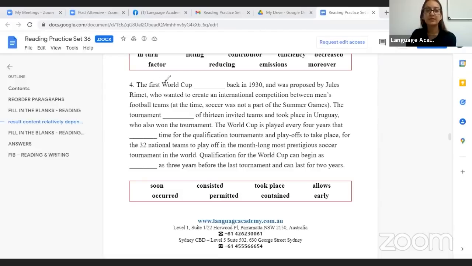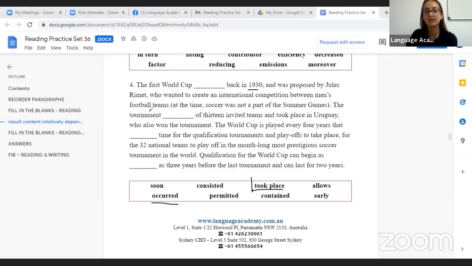Okay, let's see. The first World Cup dash back in 1930. So we need a past tense here. We have two past tenses. The World Cup occurred. The World Cup took place. World Cup cannot occur. Occur goes with things that naturally happen, like tsunami occur, drought occur. Things which are planned and done by human beings, they don't occur. So we'll say took place in 1930 and was proposed by this person who wanted to create an international competition